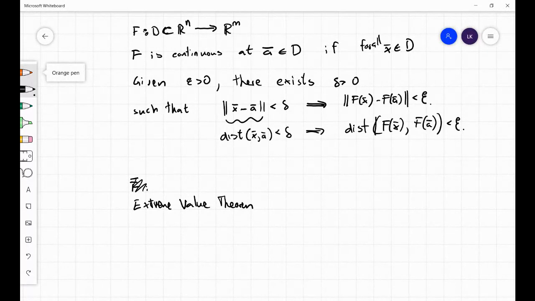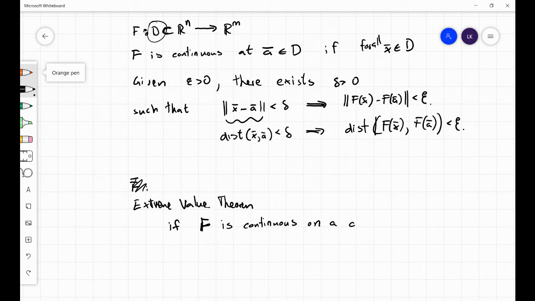Oh, like if the function is continuous on a given interval, like from A to B. But try to generalize that to functions on some domain. So not an interval, but rather a subset of Rn. If f is continuous in the set D, in D or something,